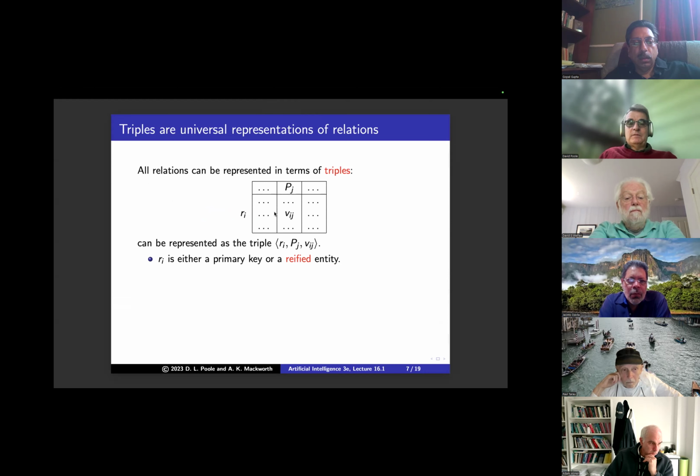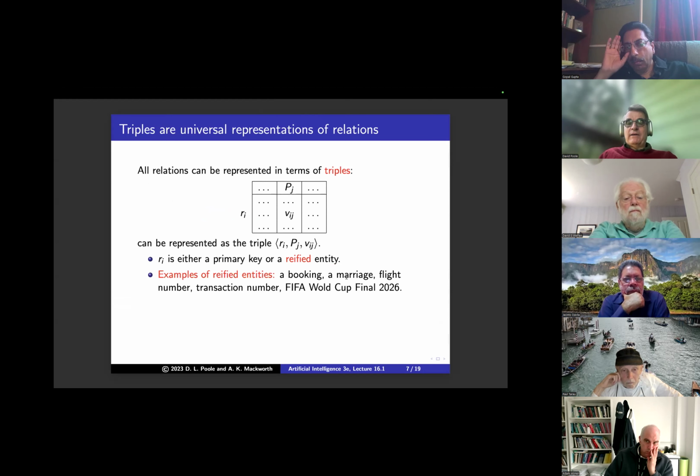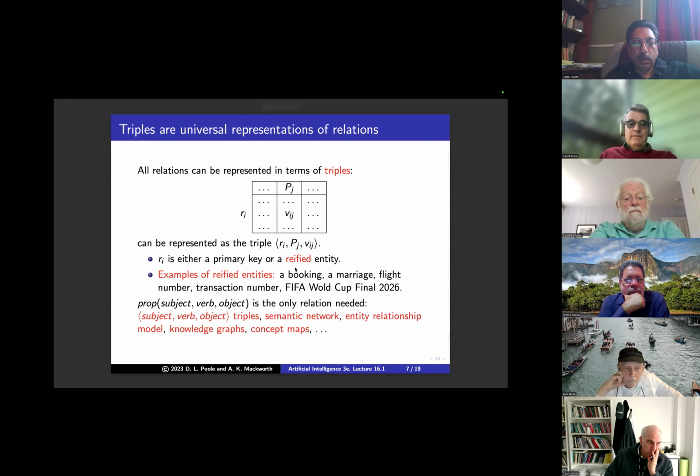Our students have done databases, they know what a primary key is, and you can talk about a booking, a marriage, a flight number, a transaction number. Data systems these days are full of transaction numbers. They're full of reified entities. And it's triple semantic networks, as far as entity relationship models, knowledge graphs, concept maps. There's lots of things that are called this.